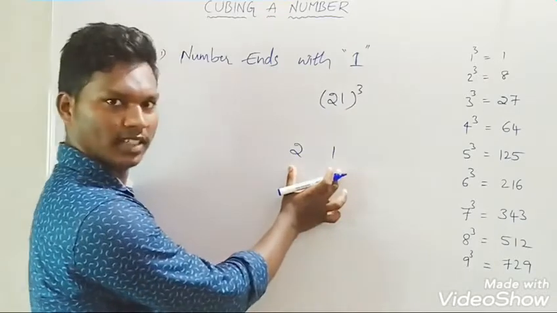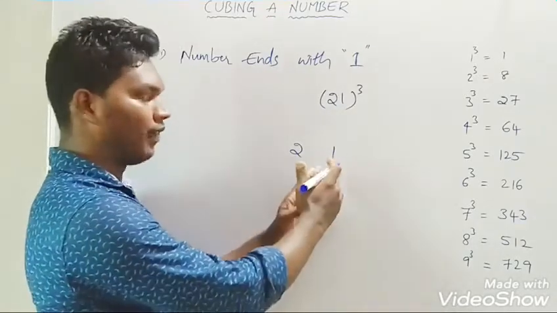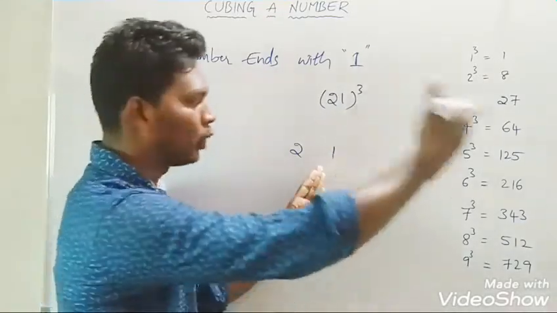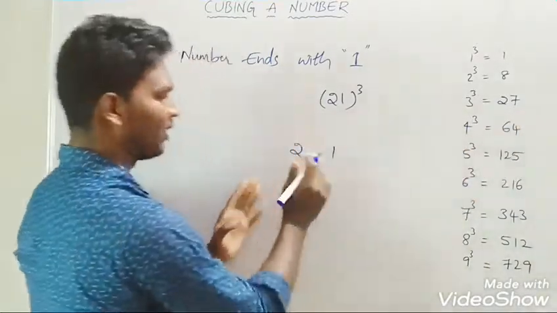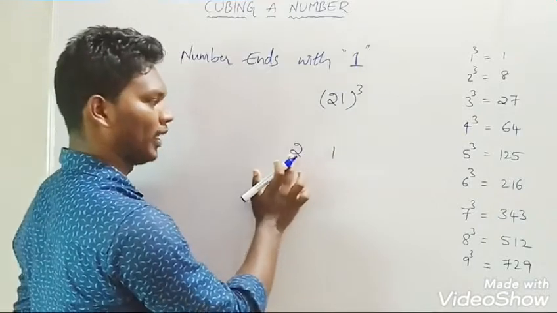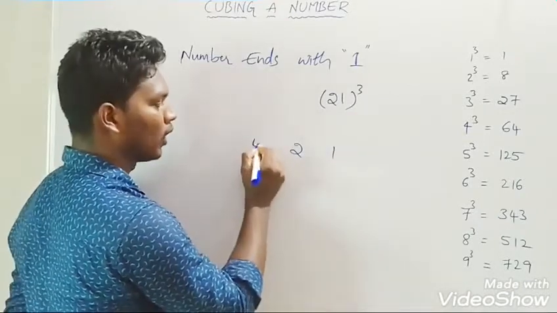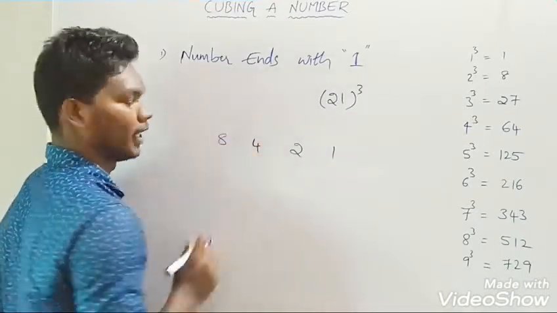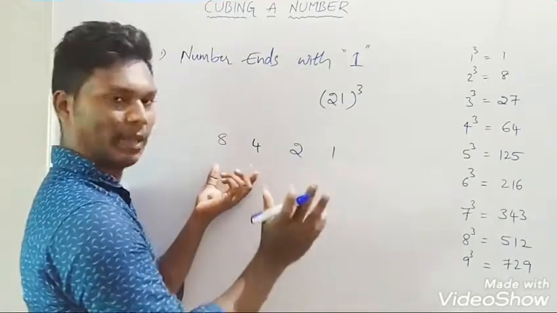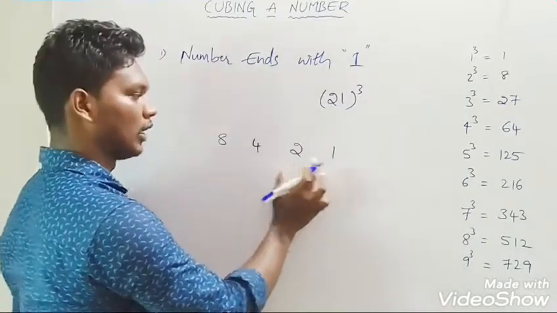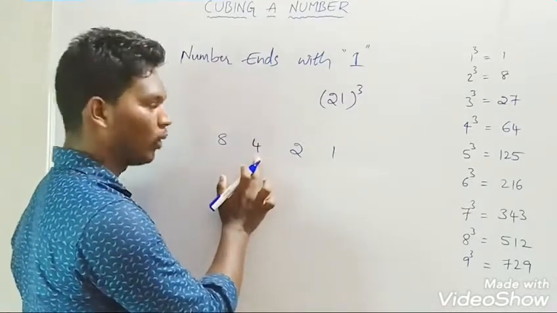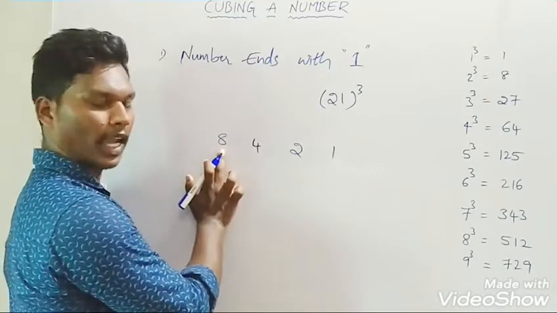Write the number as it is, but there we were doubling, squaring and cubing the second number. So here, come from the right side, friends. Leave 1 and 2 here. So 2 square will be 4 and 2 cube will be 8. Understood, friends? So nothing I am doing, just writing the number as it is. After that, leave 1. 2 square will be 4, 2 cube will be 8.